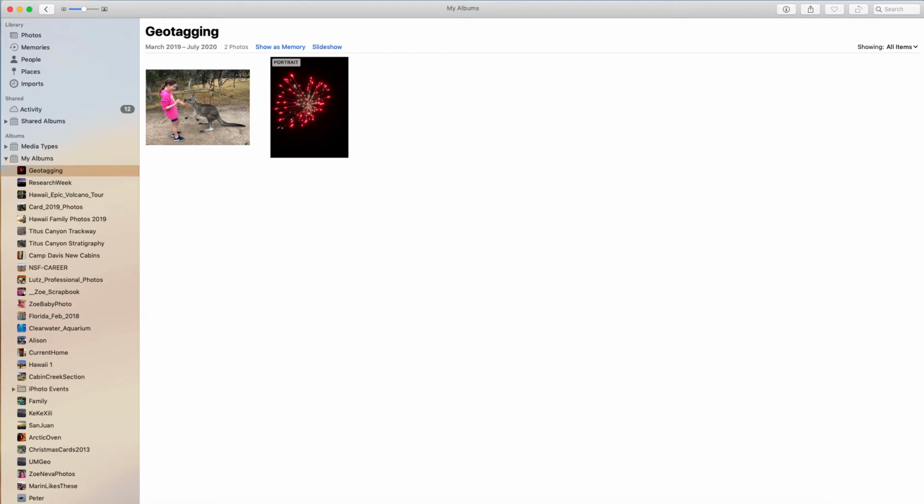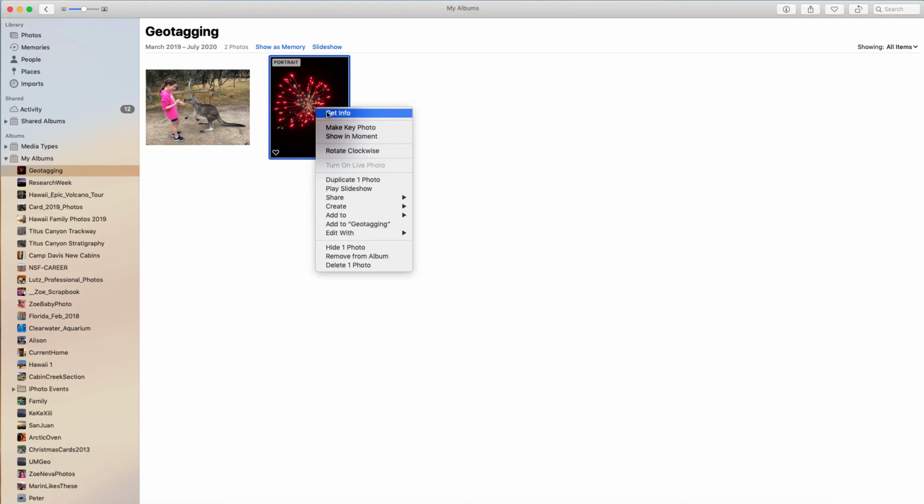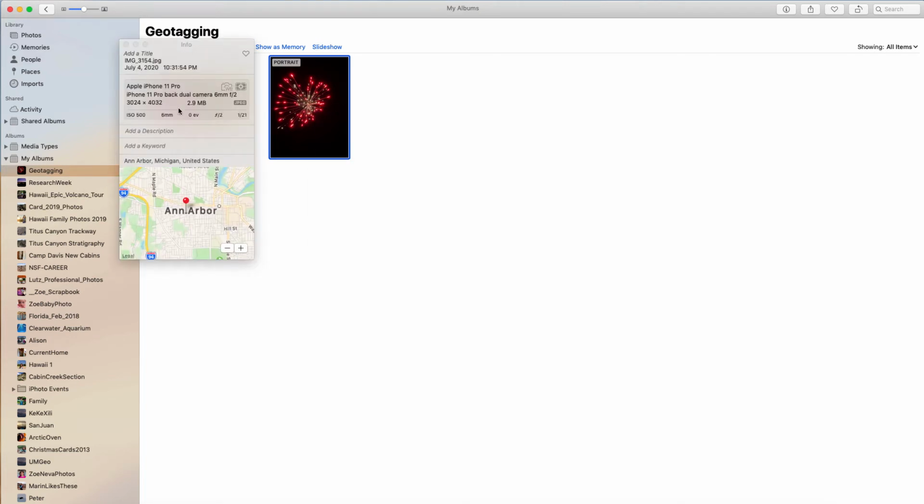So I've created an album here in Photos called Geotagging, and I have two photos in this album. The one on the right is of some fireworks taken last night in Ann Arbor, and I remembered to turn on the geotagging ability in my phone by going to Location Services and then allowing my camera to know where I was. And if I right-click on this photo and say Get Info, this window will open